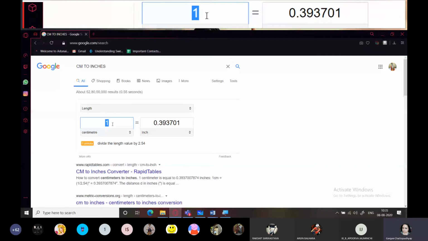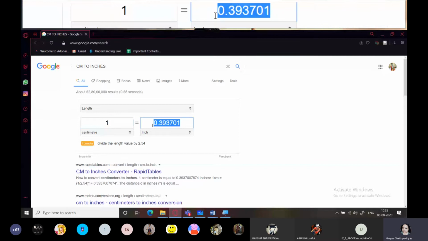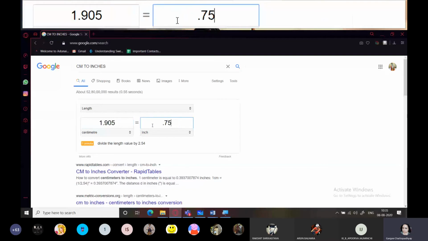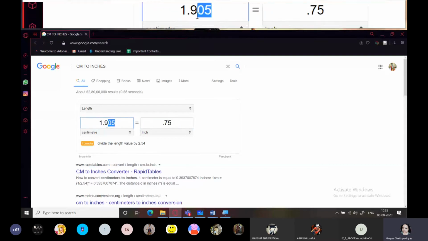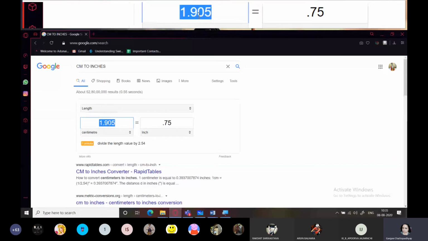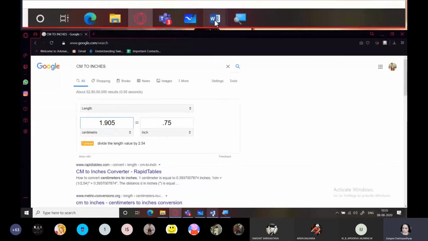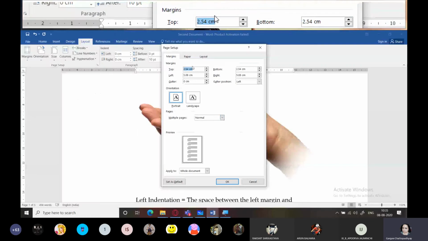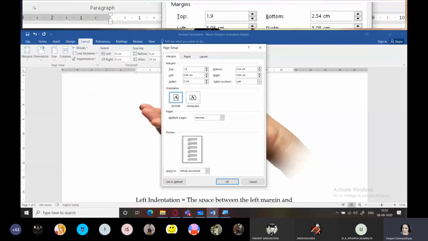Right now, please bring all your concentration over here. So 0.75 inches I want to convert. I'm going to type it in the inches box. This is 0.75 and you can see it is 1.905. So I'll not use 0.5, I will simply take 1.9. I'll come back here and type 1.9 here.